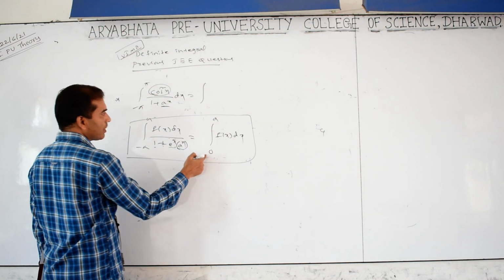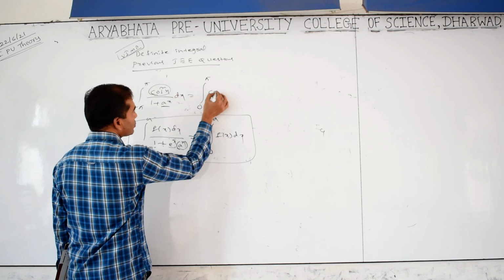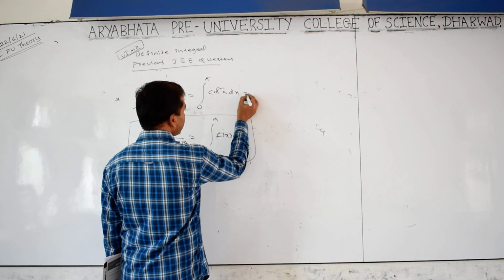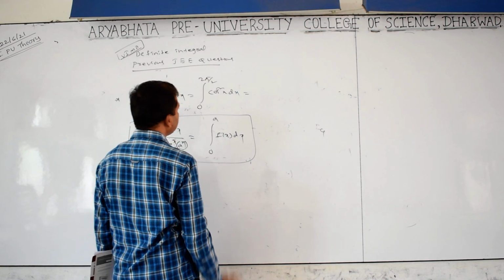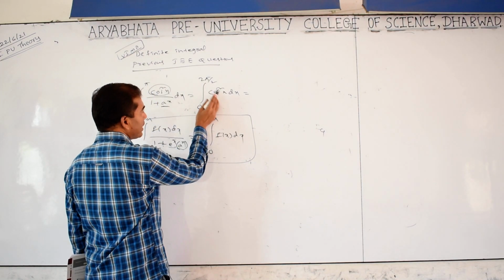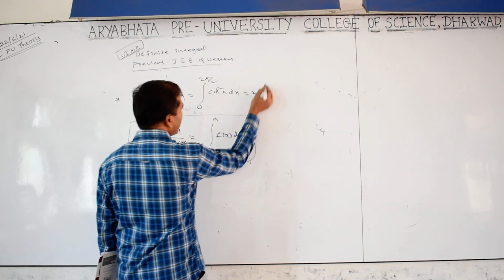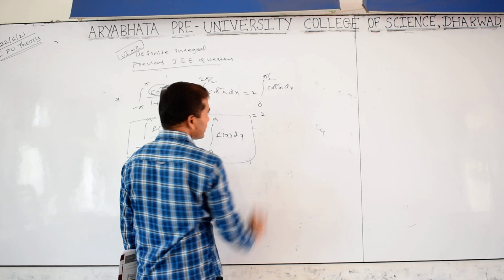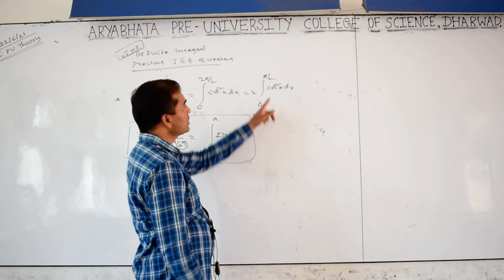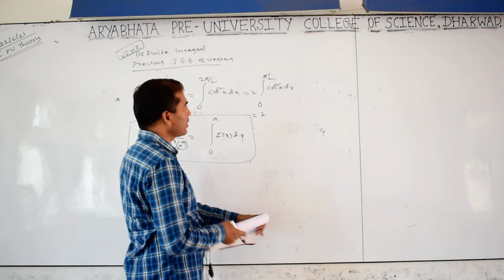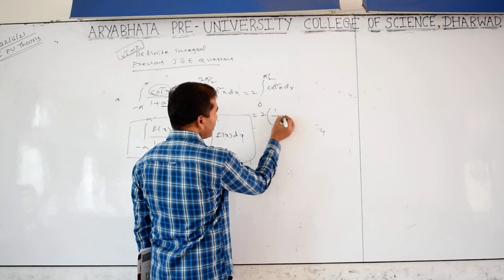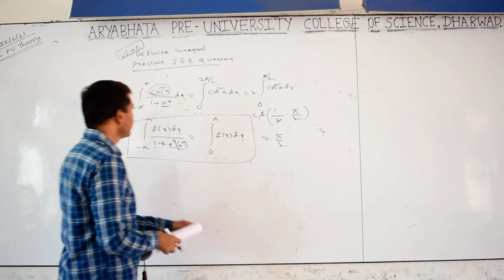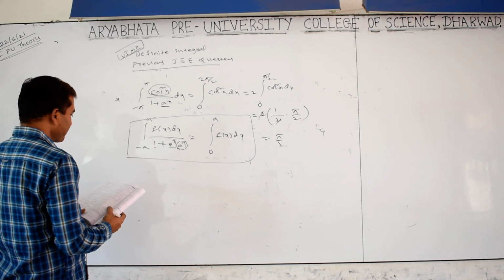Tell me the answer using this formula: 0 to pi of cos square x dx. Use the property again: reduce to 2 into 0 to pi by 2, since cos of 2 pi minus x, square is positive, it comes the same thing. 2 comes down, 0 to pi by 2 of cos square x. During CET time I said the shortcut for this. If you forget the shortcut, you can use the formula (1 plus cos 2x) by 2. The shortcut I follow is 2 minus 1, 1 by 2. Multiply by pi by 2, the 2s get cancelled. This is the answer, pi by 2. Option A is right.